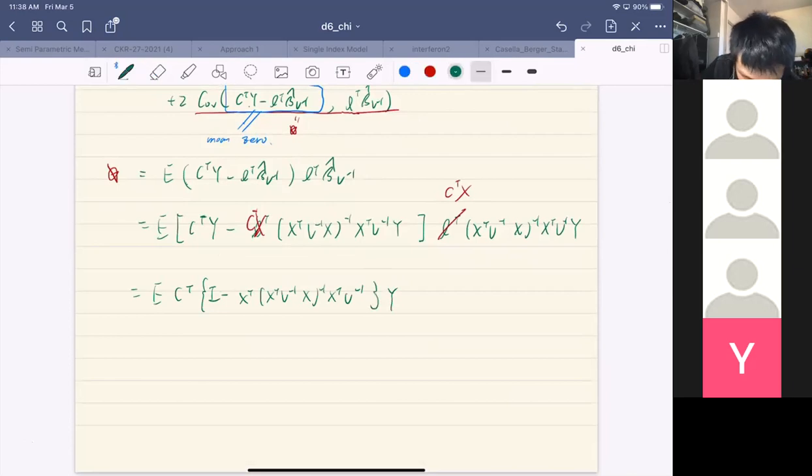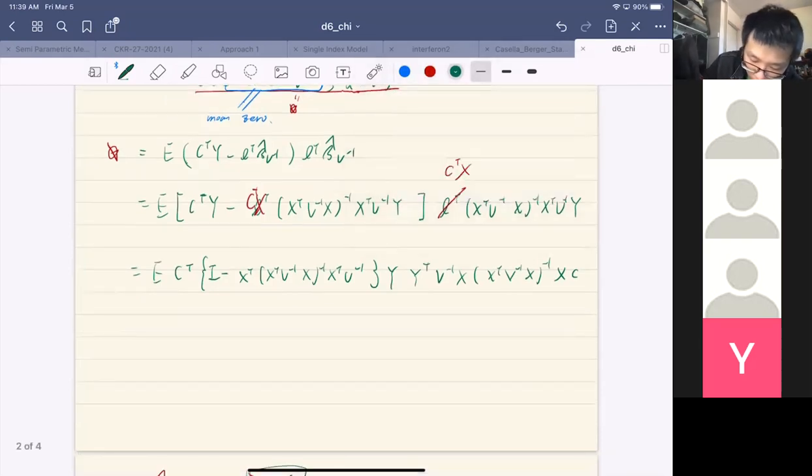And the second term is also C transpose this. We can look at it like this. So this term is the transpose of this term. Yeah. So internally we can have